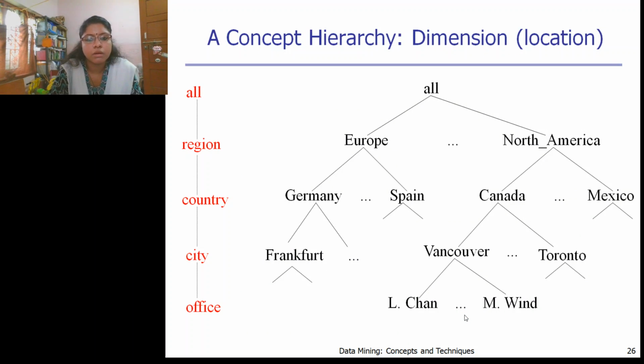Okay, next we'll deal with the concept hierarchy. I think you must be familiar with concept hierarchy. You must have read something about it, but I'll describe this in detail. Here, concept hierarchy is a way to represent the levels of abstraction, that is, from generalized to specialized, so that location can be described.